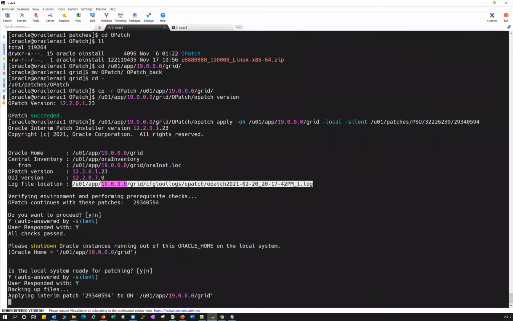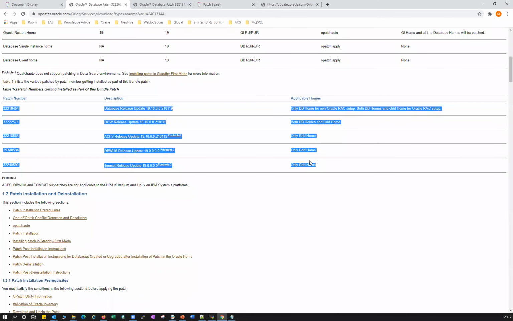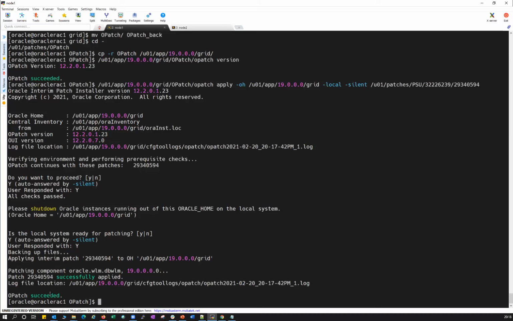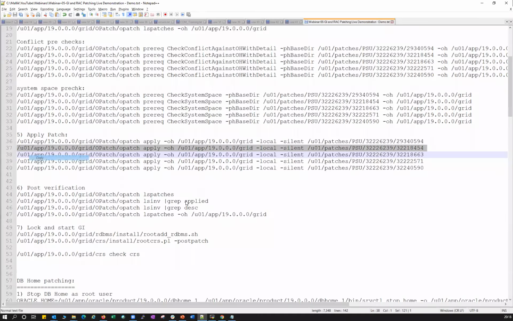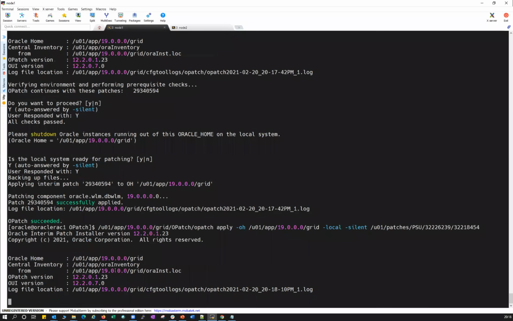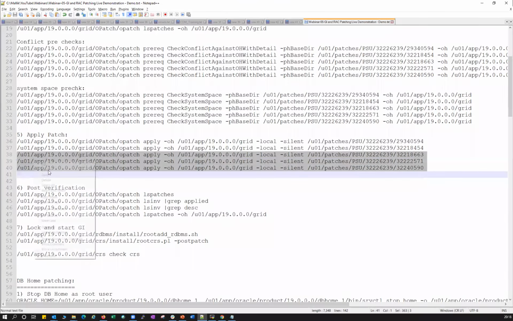And again, one more point to remember here. These are the 5 patches I mentioned. You can apply them in any order. There's no restriction on that. You don't necessarily have to go in this particular order. Right, successfully applied. I'll go to the next patch, and you can run all in one shot. Next time I will run all three in one shot.